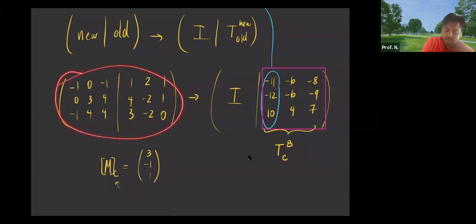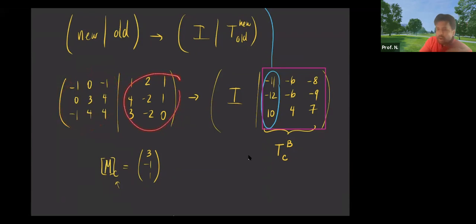You augment the matrix, taking the old with the new, and create a 3x6 matrix in this case. Then you find the row reduced echelon form of this 3x6 matrix. You get the identity on one side, which is what's going to happen. So the 3x3